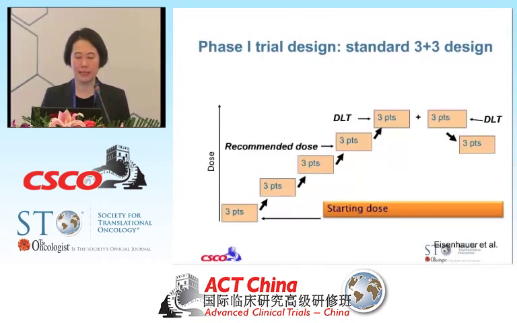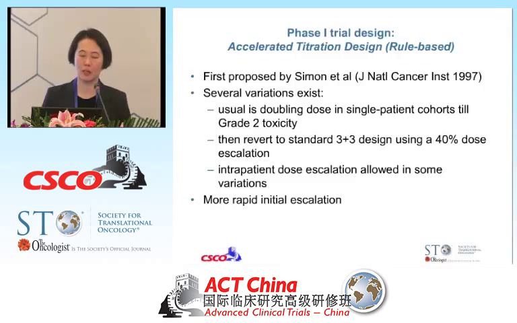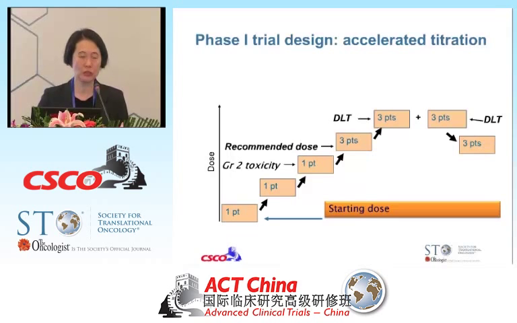And this is the standard 3+3 design. I'm not going to repeat that. People have tried to modify and go outside of the box beyond 3+3 because we really don't want to waste a lot of time if the first 2 or 3 dose levels are really subtherapeutic. So designs such as the accelerated titration design have come up as another rule-based design that may help us be a bit faster at the initial part, where you only put 1 patient on because you know that dose is probably safe, but when you hit not a DLT, only a moderate toxicity, before you revert back to your 3+3 design.